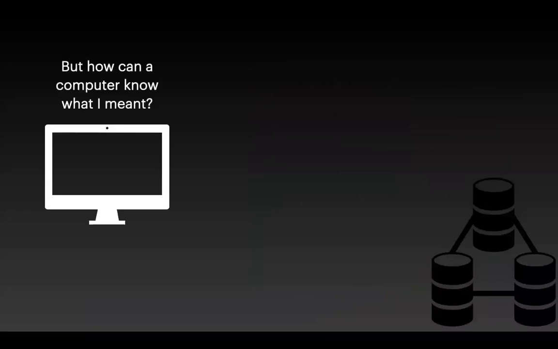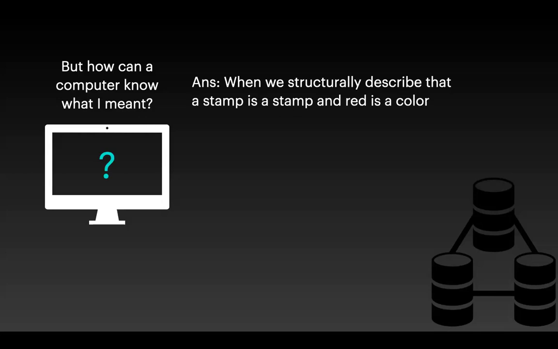Okay, this particular card was the one which I wanted. But what does Web 3.0 do? How can a computer understand? I know what I want, but the poor computer, how does it know what we have in our mind? That is a big question. The answer is that we structurally describe that the stamp is a stamp and is red in color. So defining the data is very important, rather than just putting a keyword. For every stamp, we have to describe it.